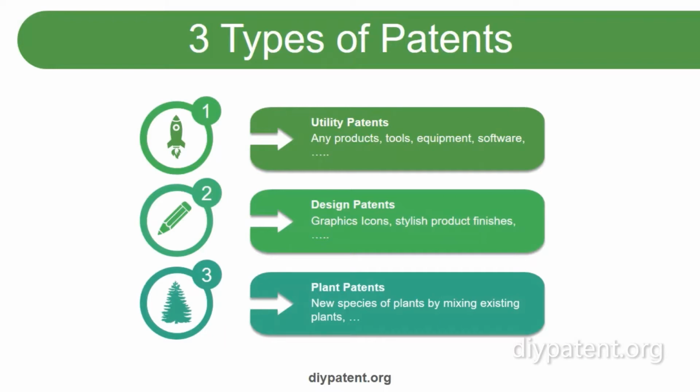So in this video, we'll be covering what type of patent should I file. One thing you need to understand is that the USPTO has three types of patents that you can possibly file: a utility patent, a design patent, and a plant patent. You want to choose which patent suits your invention the best, so let me quickly elaborate on each one